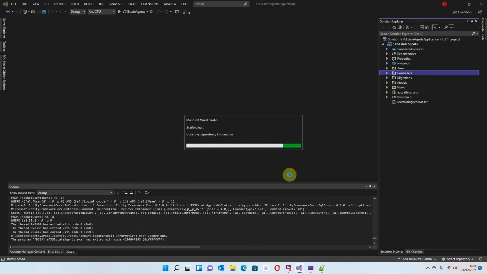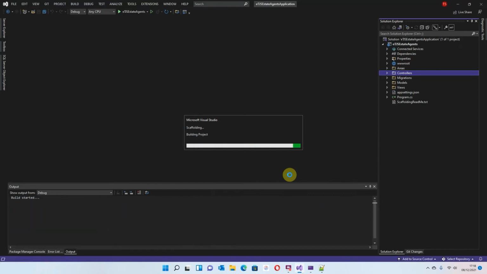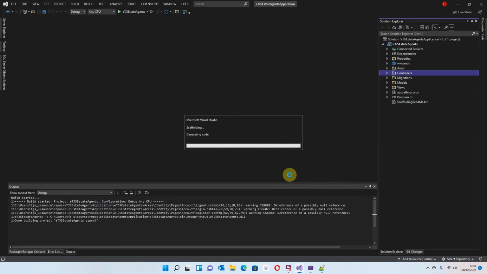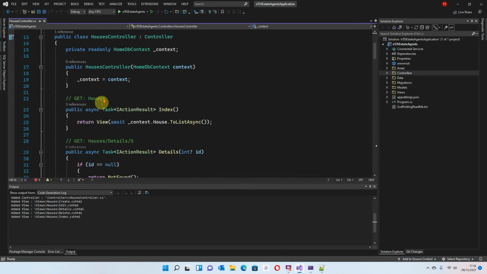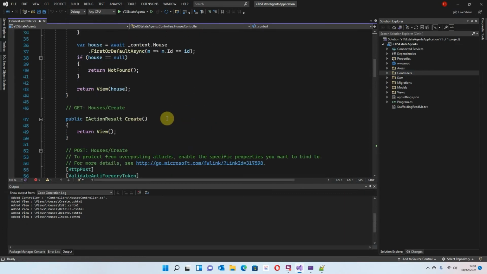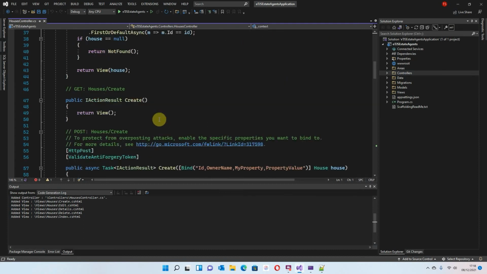And what this will do is this will create all the files for me. So I don't actually have to do any work in terms of creating the files. So we'll just wait for that to kick in. It shouldn't take too long. Okay, there you go. They're all done. So this is the controller. We've seen a controller before because we used the home controller. So this is going to be slightly different. So this has got all the information regarding the